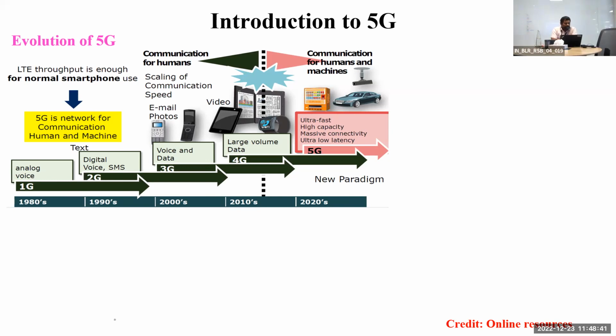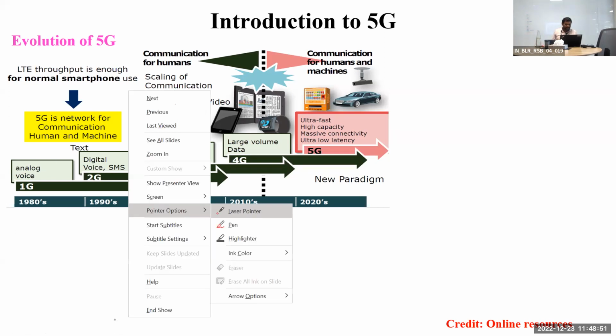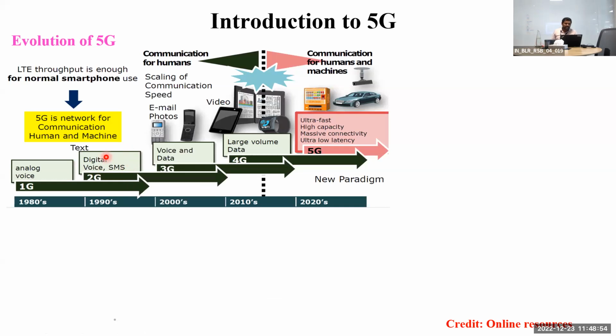We started with the analog voice phone, where you cannot move much, and then we moved to digital voice, and later in 2G they introduced SMS. If somebody is not available when you are calling, you can text to inform them well in advance, so that whenever they are free they can see that SMS. That's why the SMS feature came in. They also introduced a small kind of internet surfing with the technology called GPRS or EDGE.